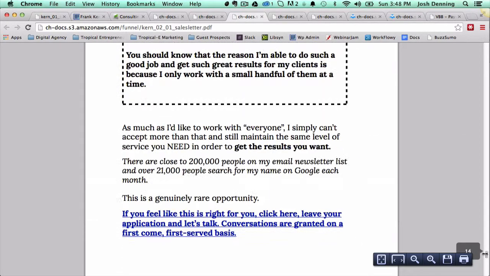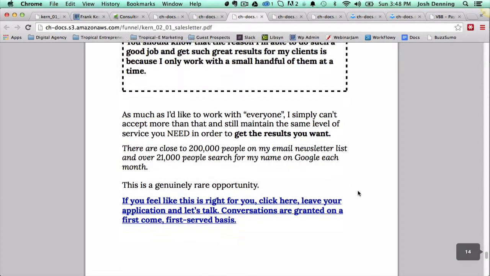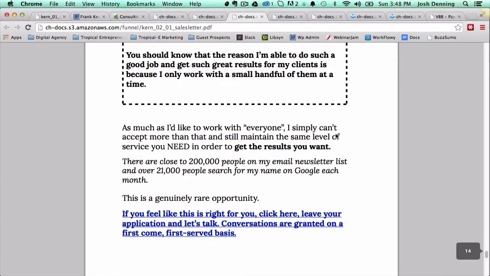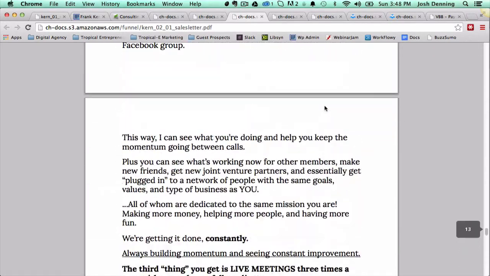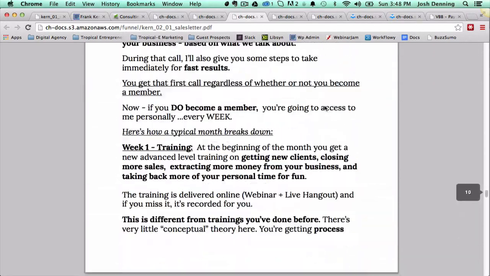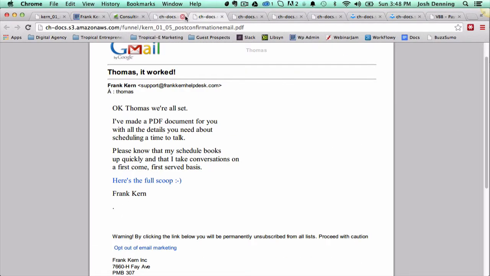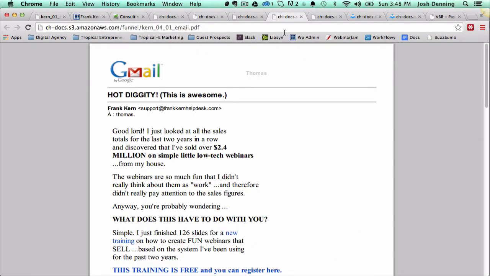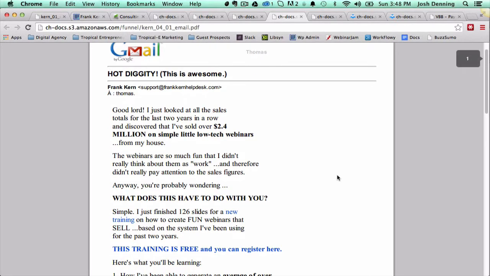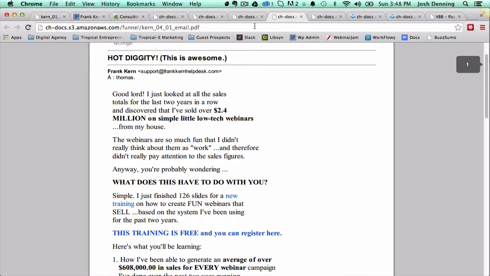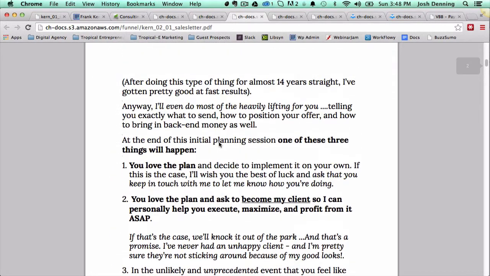It's quite a long letter, as you can see. It goes for virtually 15 pages, where at the end, if you want to work with him, you click through here, and this letter goes into all the detail of how Frank's going to help you. So it goes from opt-in to a confirmation email that sends you to a sales letter. If you go ahead on that, you'll end up booked in to speak with Frank,